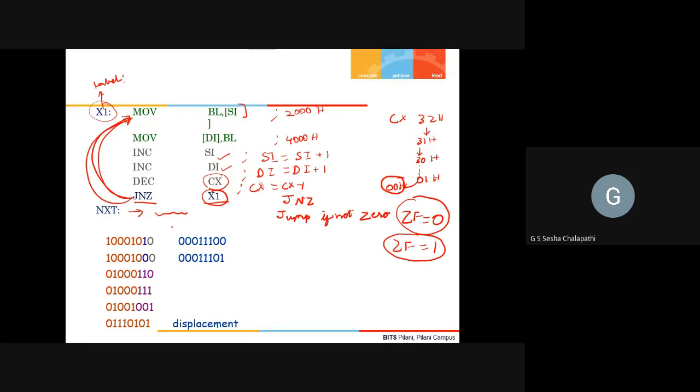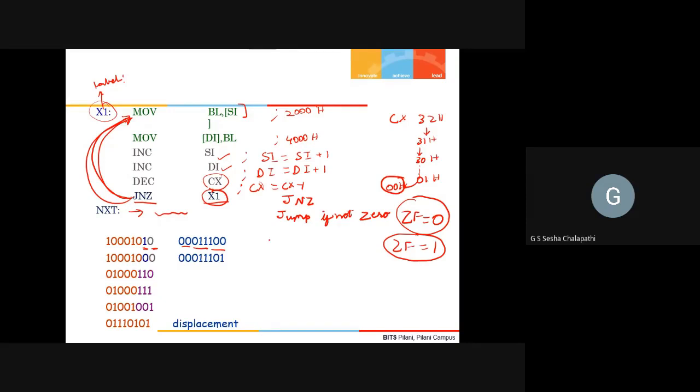Now, the equivalent machine code will be this particular thing: 1001010. The direction bit was 1 because it is into a register. The W bit is 0 because a byte is transferred, and you have the mod, reg and r/m fields.